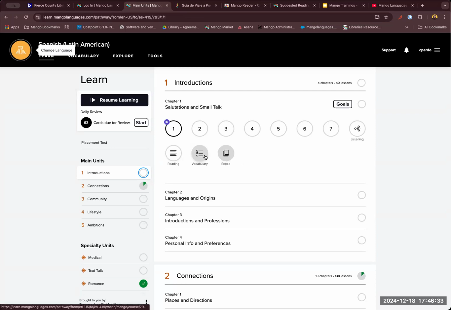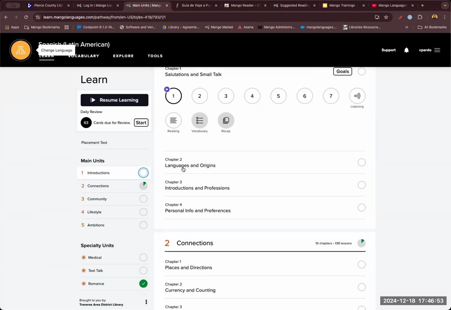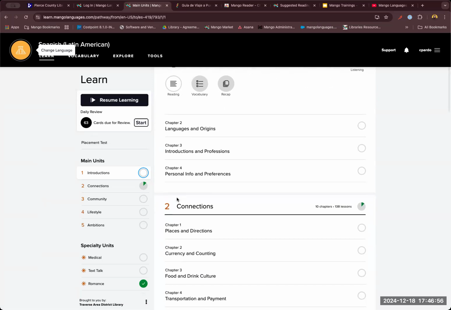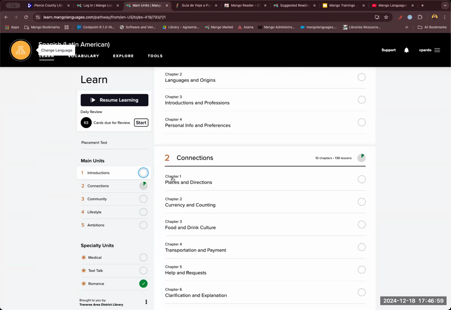All right, so as you go through the course, you're also going to learn useful language skills after each lesson. As you can see here, some of these topics are very practical. For example, for chapter 1, you're going to learn about salutations and small talk, and then about language and origins. And then as you move on to unit 2, I'm sorry, you're going to learn about places and directions, currency and counting, food and drink culture, transportation, and so on, right? So you can see that we do it in a more practical way,